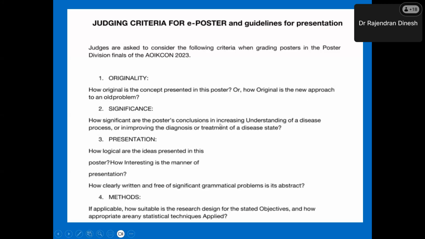Significance: how your content yielded any important conclusions, or how it helped in diagnosis or treatment of a certain disease. This is something we usually overlook, and if we can present it in such a way, it can add to certain importance. If PGs don't overlook this problem, they usually avoid ending up answering questions which are very well known, and if they have a presentation of an unusual case and answer certain questions about it, they usually get a good